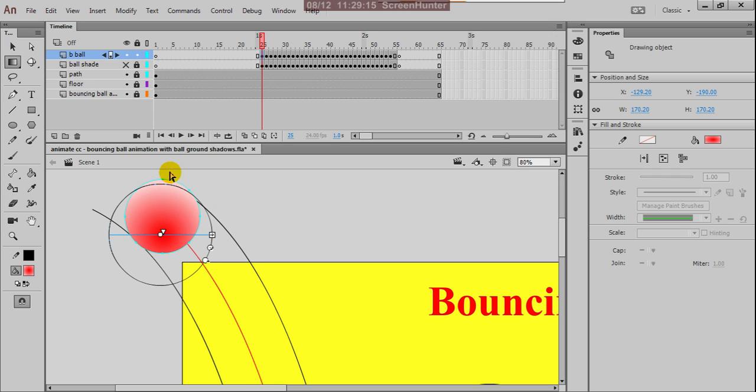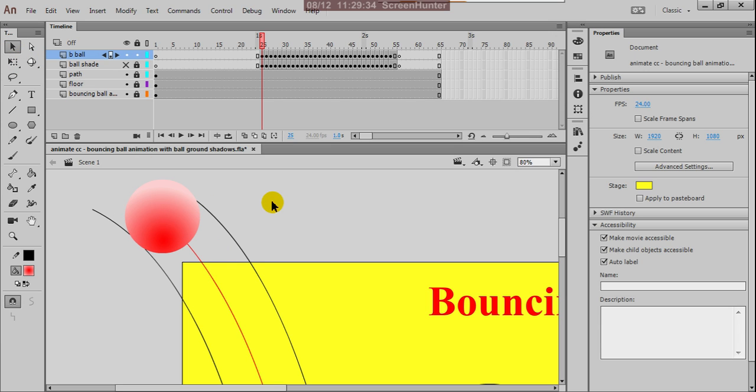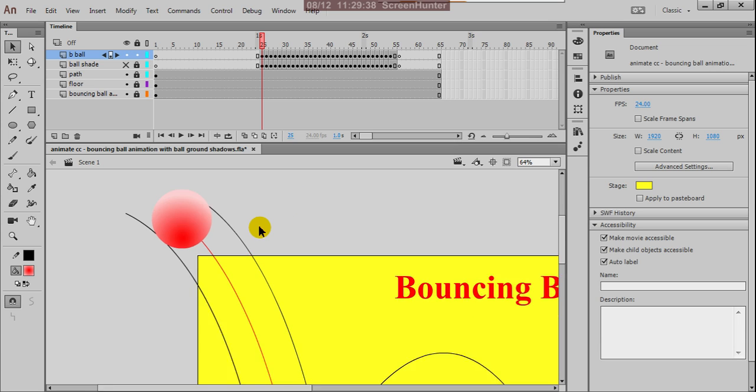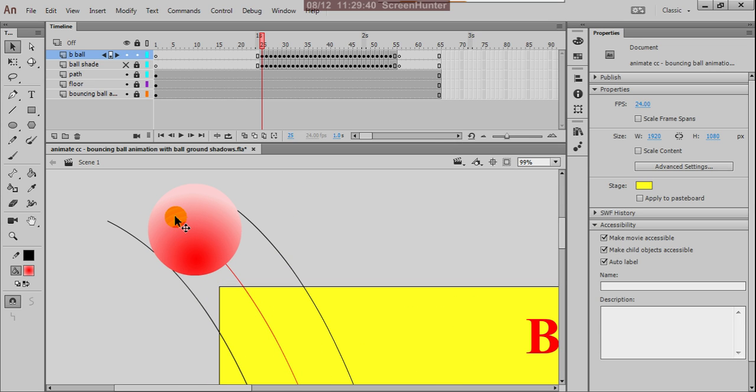Here the highlight, because the light is falling on the ball from the top, and this is the bottom portion. Okay, all right, see this.